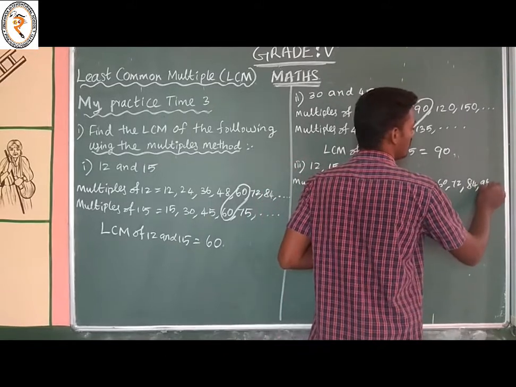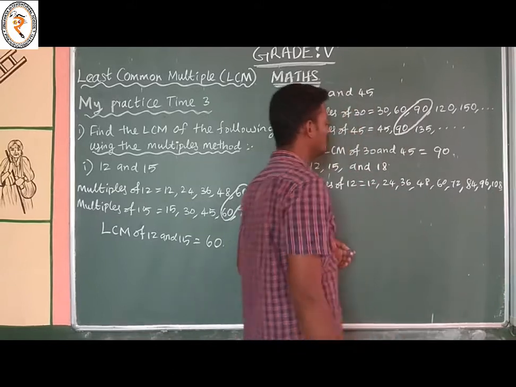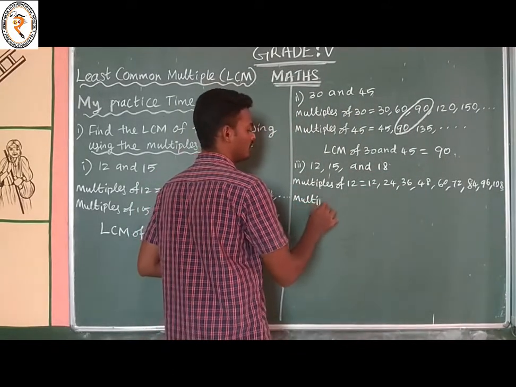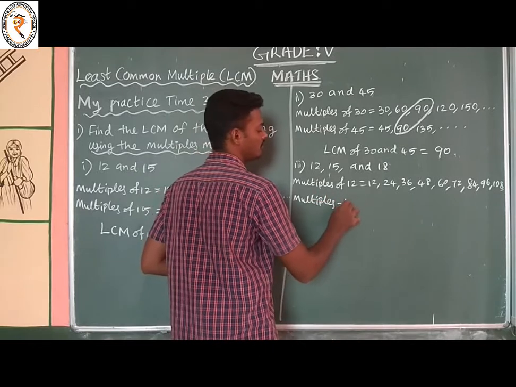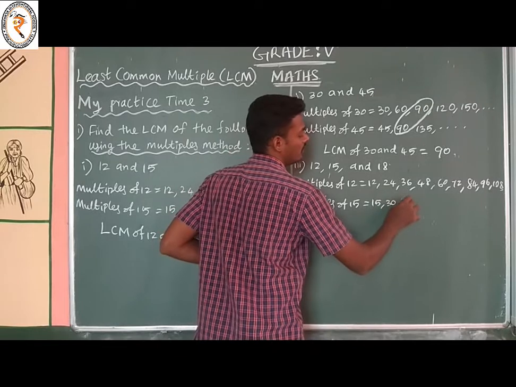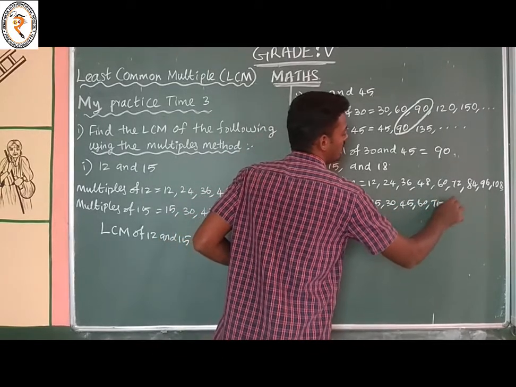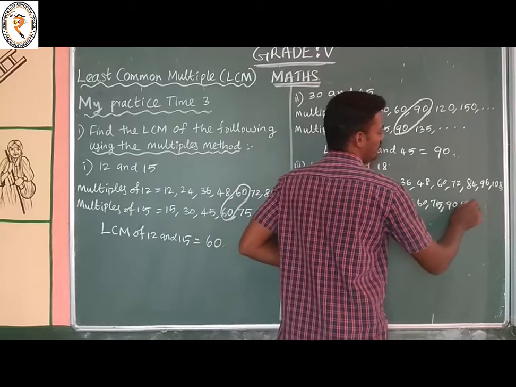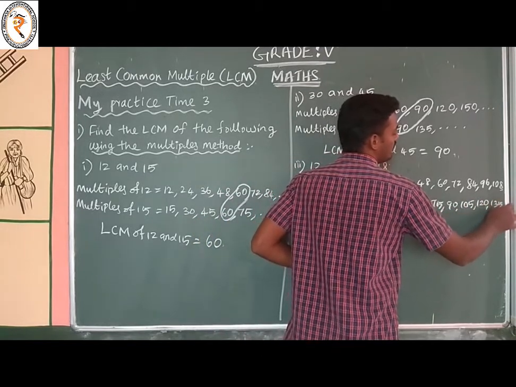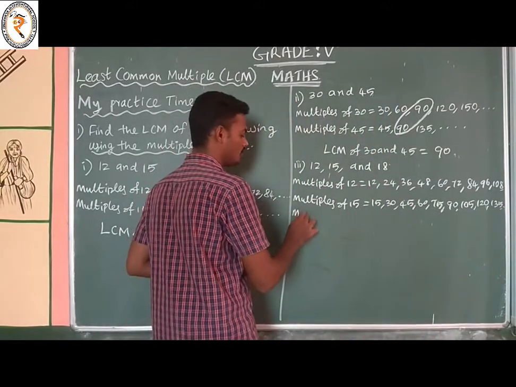96, 108, and so on. Next, the multiples of 15 are 15, 30, 45, 60, 75, 90, 105, 120, 135, and so on. And the multiples of 18 are